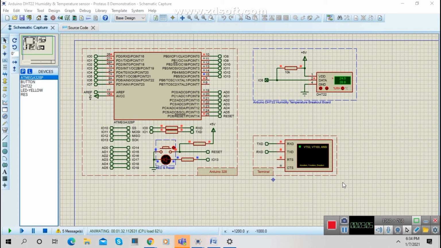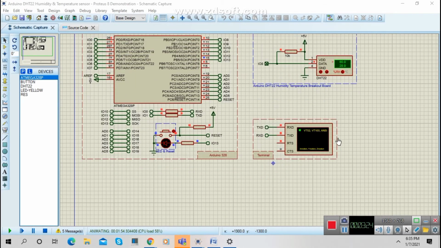As mentioned in the third condition, now relative humidity is less than 25% and the temperature in degrees Celsius is greater than 28 degrees Celsius. The LED is blinking here after running, and it follows the condition that it blinks for 1 second and gets off for 1 second. This is the fourth condition mentioned, that is relative humidity is greater than 60% and the temperature is greater than 28 degrees Celsius.